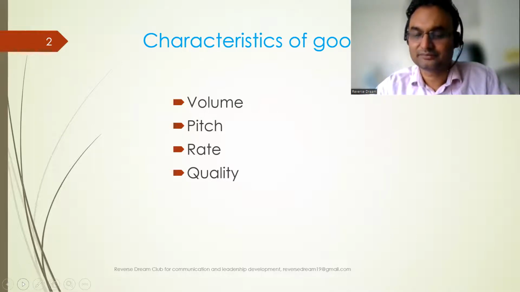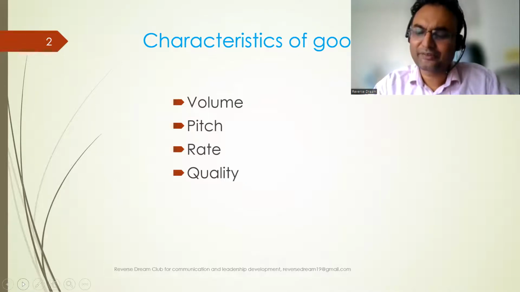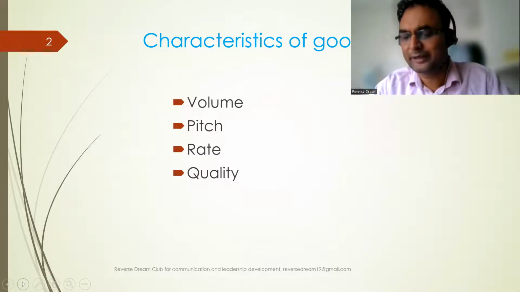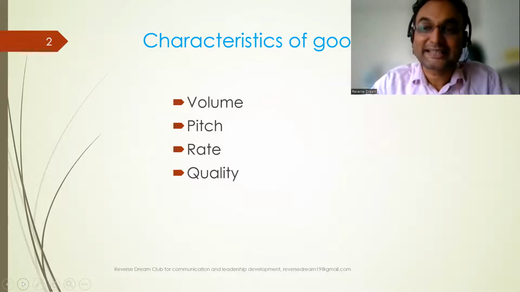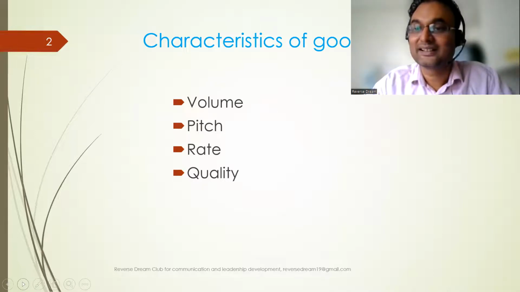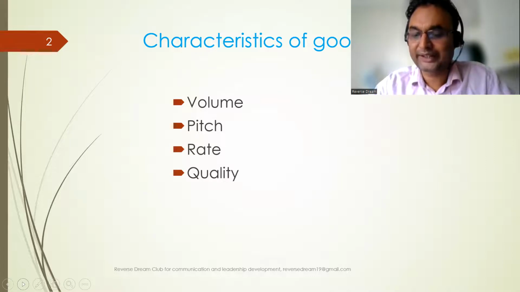The rate is the number of words you speak per minute. Approximately, it should be around 125 to 160 words per minute. And depending upon the time, depending upon the message, what you are saying, the story you are telling, it should vary. If you speak too fast, your audience will not be able to keep up with you. And if you are too slow, then listeners will lose interest. So adjust as per requirement.